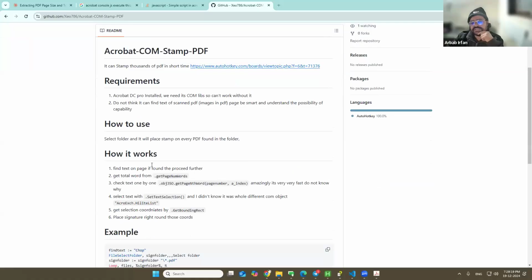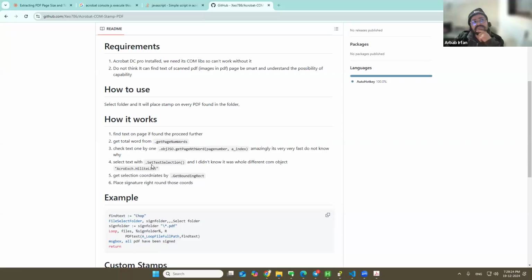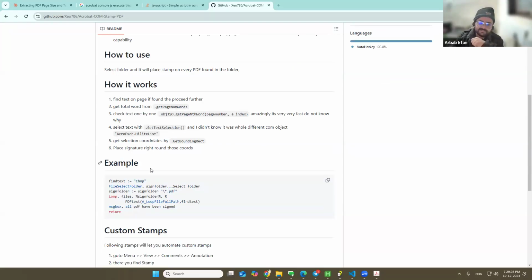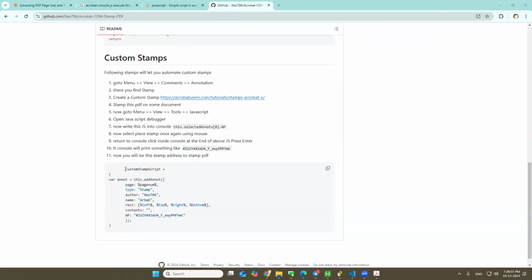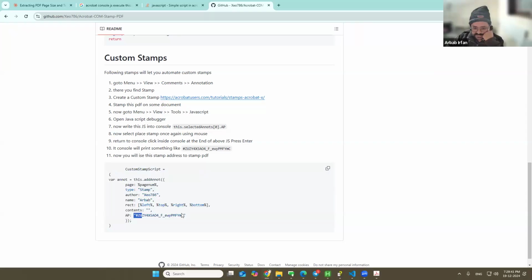So I have to stamp hundreds of PDFs. Before that, what we were doing was printing it, stamping it, and our manager signs it, and then we scan it and upload it. So what I did was, I used this JavaScript, and this is the